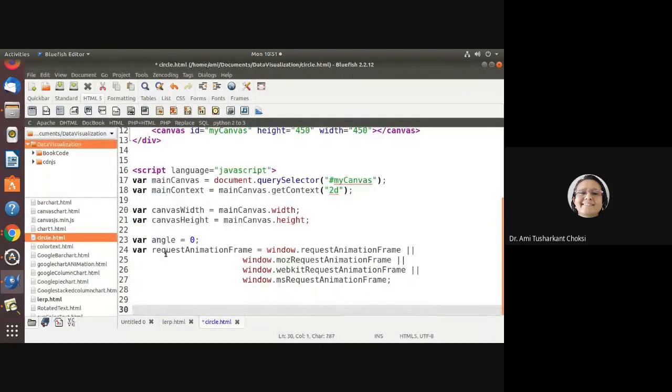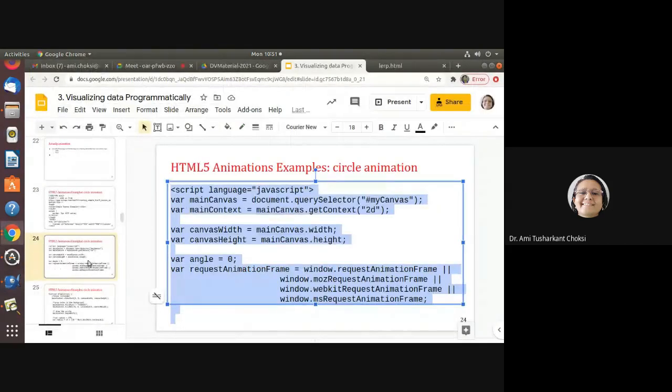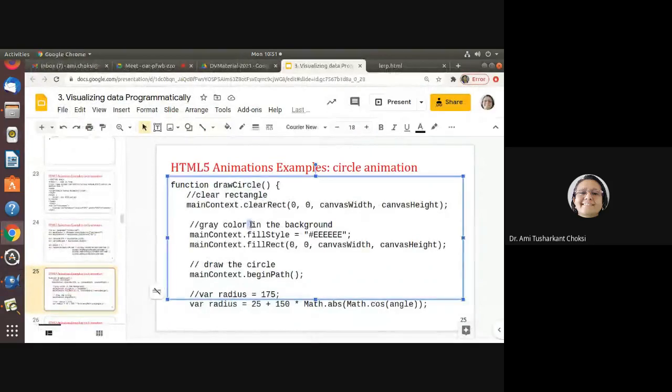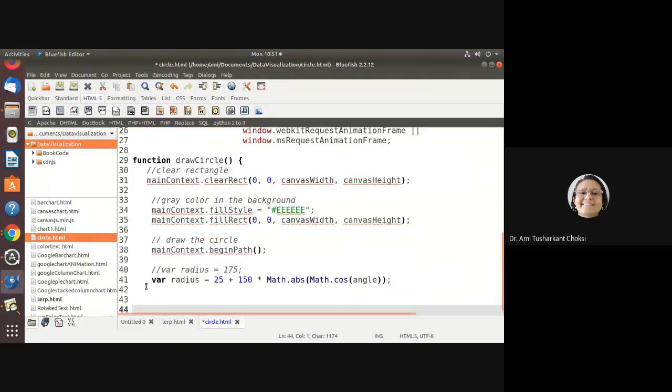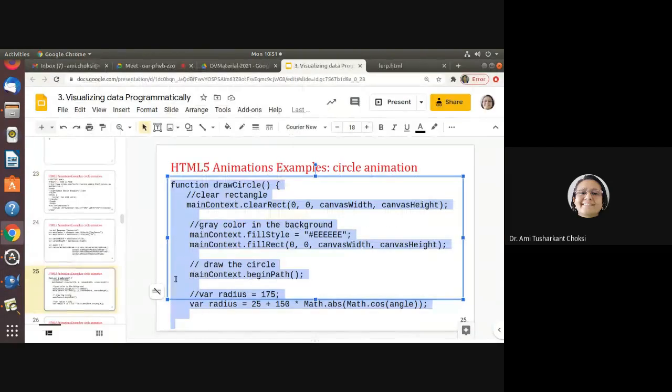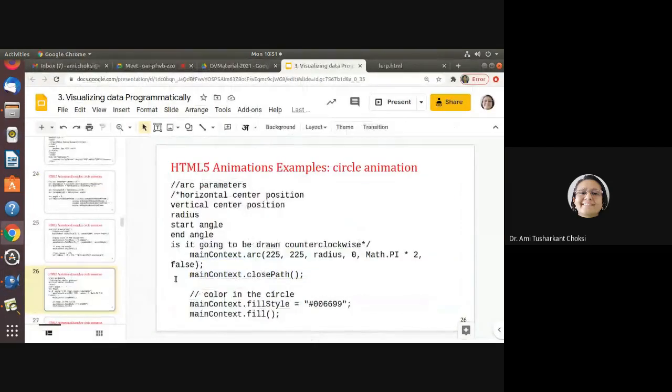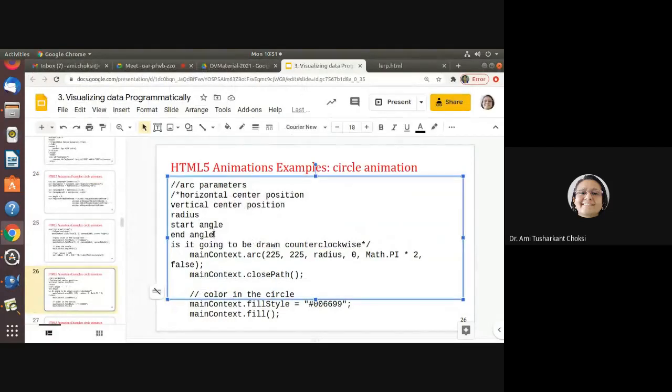We are setting the requestAnimationFrame. Now we are drawing the circle.